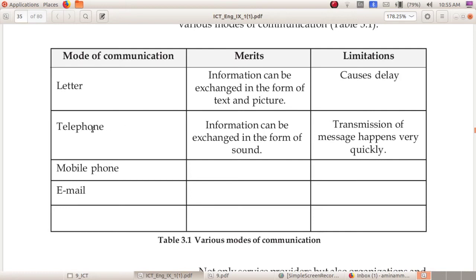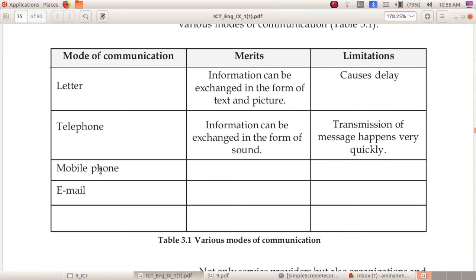Then another mode of communication is telephone. Merit is information can be exchanged in the form of sound. Then limitation, transmission of messages happens very quickly. Messages can be passed very quickly.